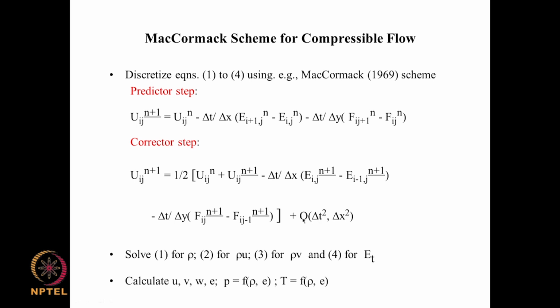So its order of accuracy is delta t square, delta x square and delta y square, that is not mentioned here. And this enables us to solve for rho, rho u, rho v and e_t, from which we can evaluate u, v and internal energy, from which, using the equation of state, we get the pressure and temperature. Now, because this is an explicit method,